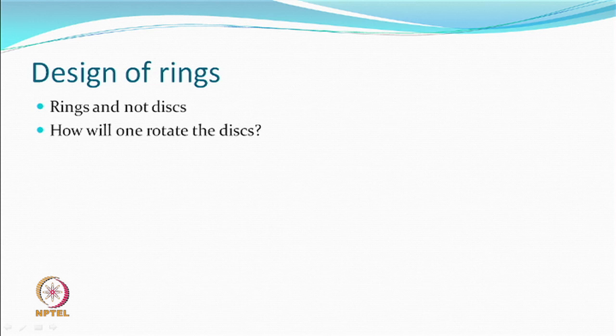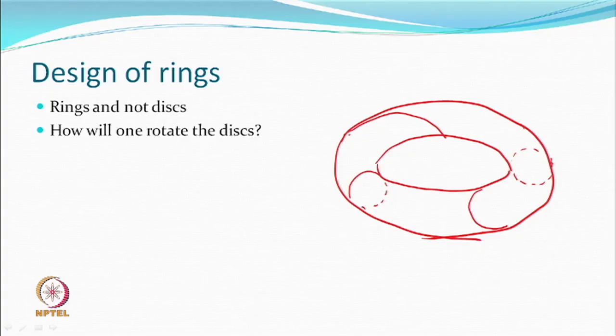So, these are rings, okay, and not discs. We had asked this question last time when we left: how would you rotate a ring? A disc was a disc, so you have to rotate and rotate accurately. Did you think about it? This type of article is in the shape of a torus. You see that? People play with rings, right?